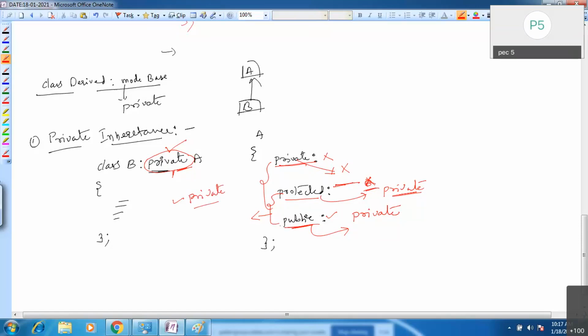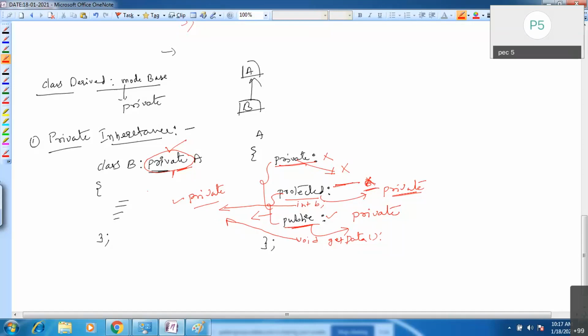Protected members and public members are visible inside the derived class as private members now. For example, if there is a protected int B and a public void getdata function, the int B will become private here, and the getdata function also will become private.